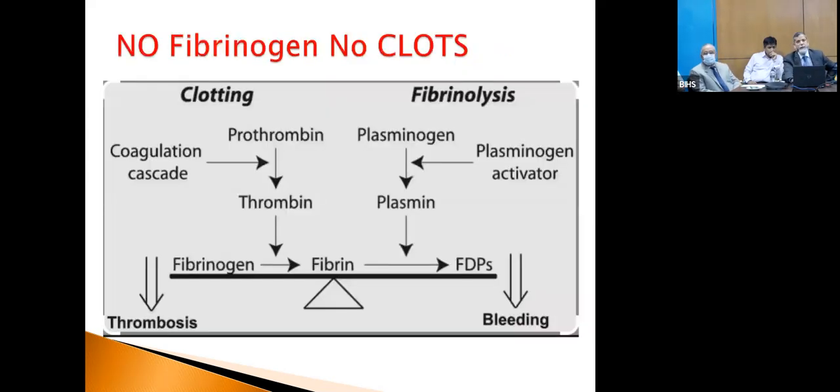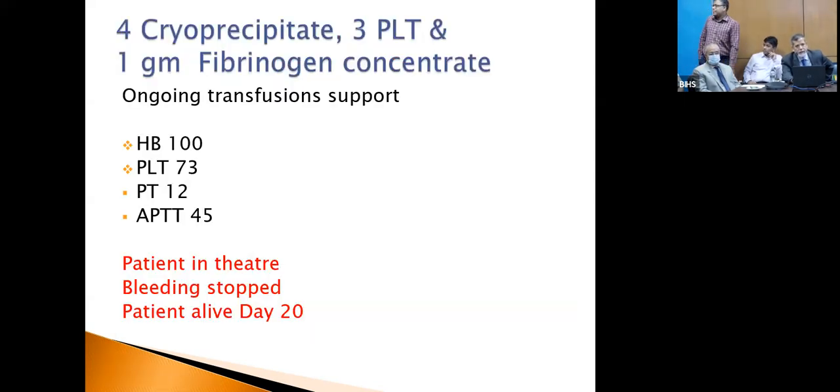That's very important, the coagulation, the whole cascade, as we all remember. Just one thing to remember is no fibrinogen, no clot. You can give all the products possible. Fibrinogen is very important to produce the fibrin clot. That's important. So you can see here the 1 gram fibrinogen concentrate was given and the patient's APTT is coming